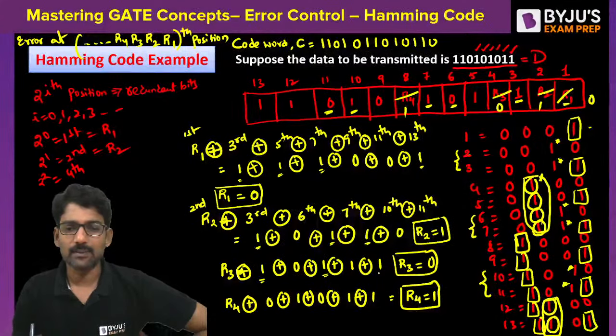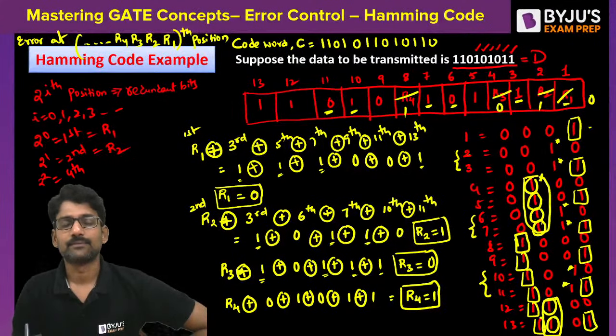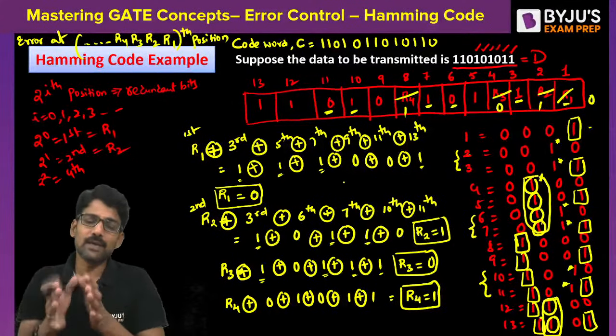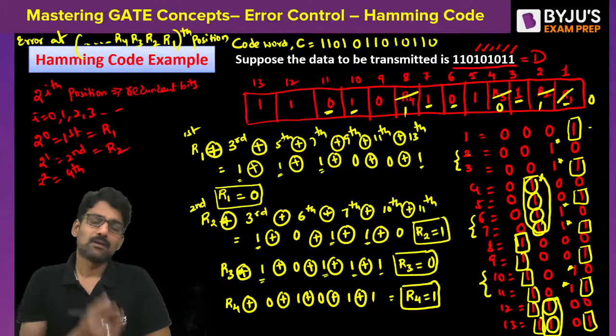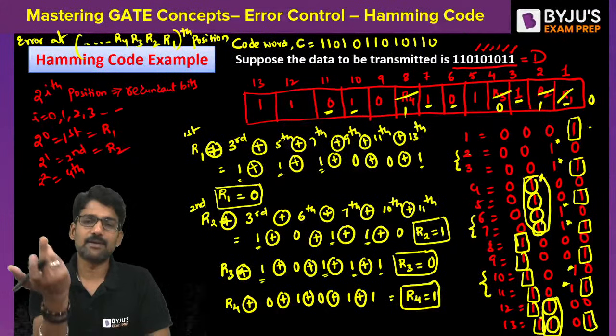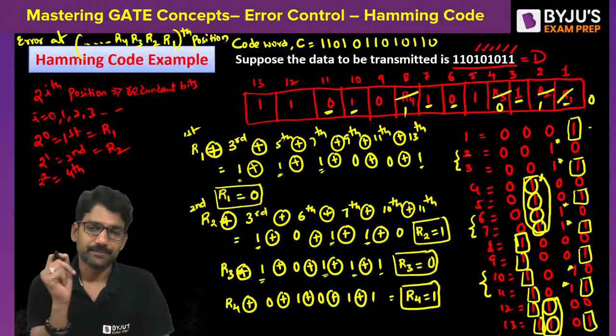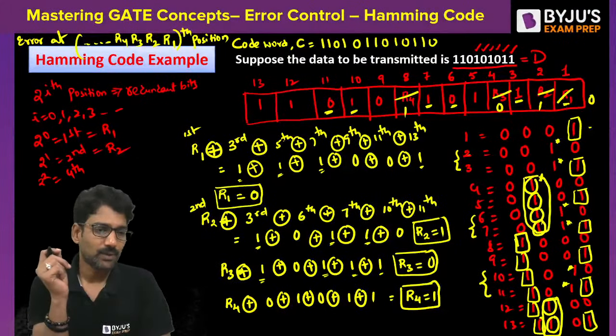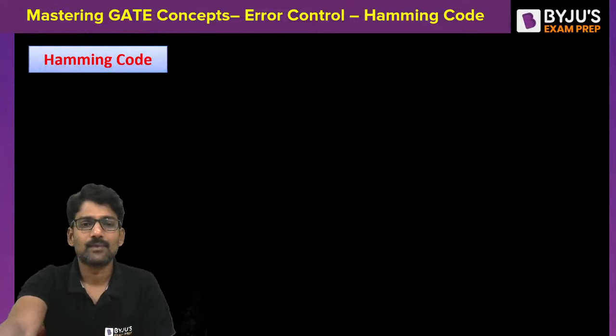Here I have number of ones even. So to keep it still even, R3 value should be 0. Means we can say we are following even parity. Okay. Now guys,